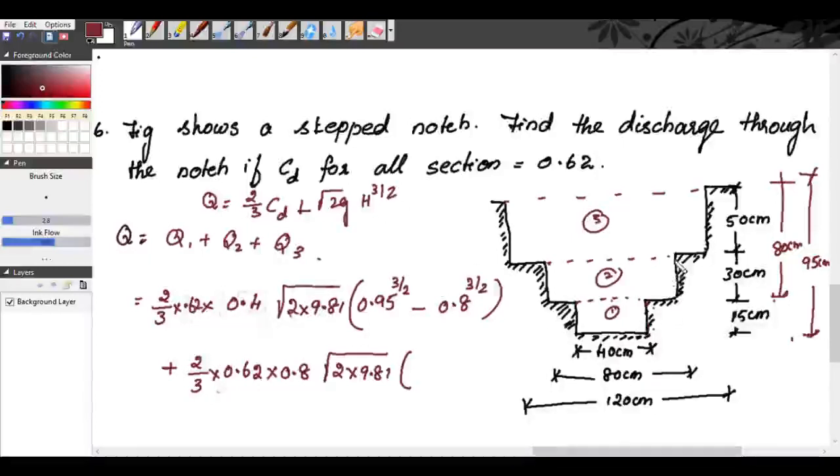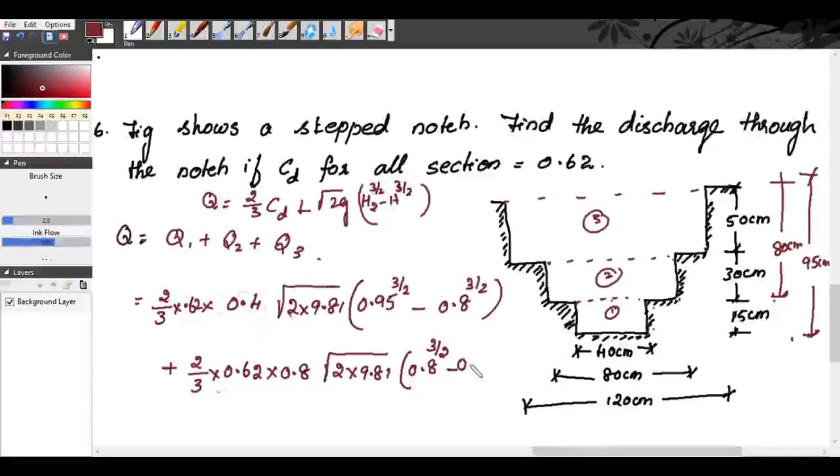So here H is for this portion. Actually here it is H2 raised to 3 by 2 minus H1 raised to 3 by 2. Now it is clear. So here it is the head due to 80 centimeter, so 0.8 raised to 3 by 2 minus